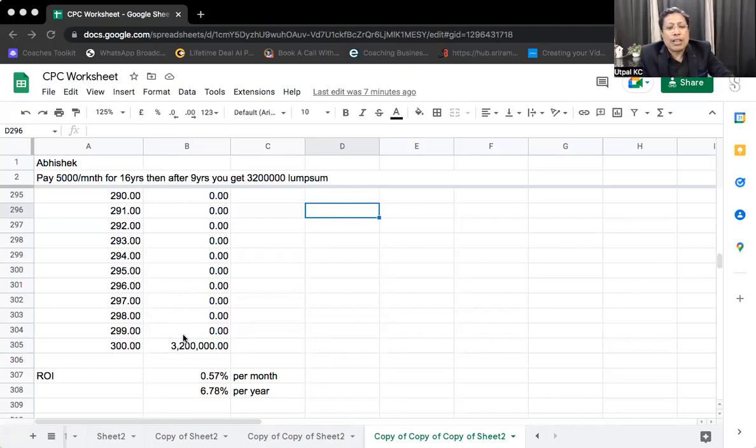Jibin Thomas, are you there with me? I am starting a SIP in mutual fund of 1 lakh per year for 5 years. Rate is 9%, but from the third year I have an additional 5 lakhs to invest. Can I calculate future value? Should I invest in separate mutual funds or add to the existing SIP? If I invest in a 5-year SIP and for 4 years there is a recession, should I withdraw and reinvest once the market is recovering, or continue with the SIP? Okay, he is asking.